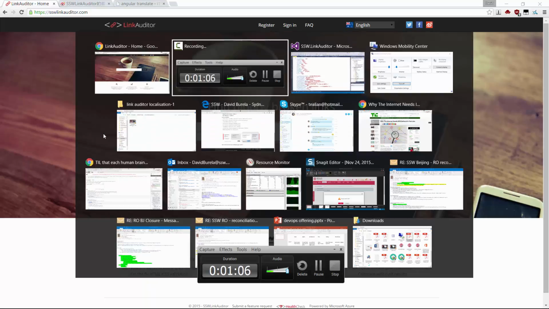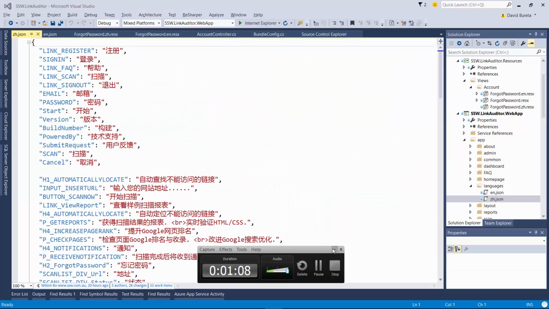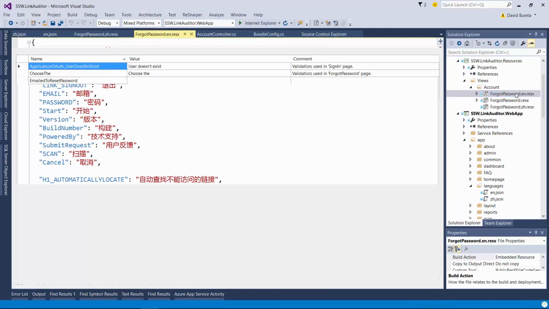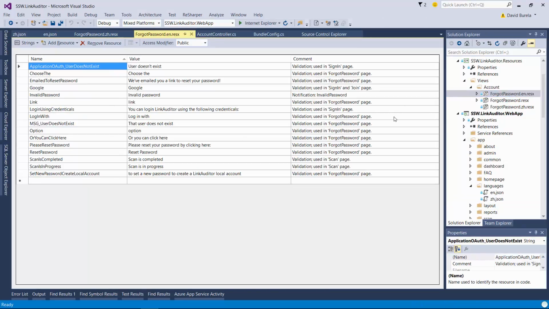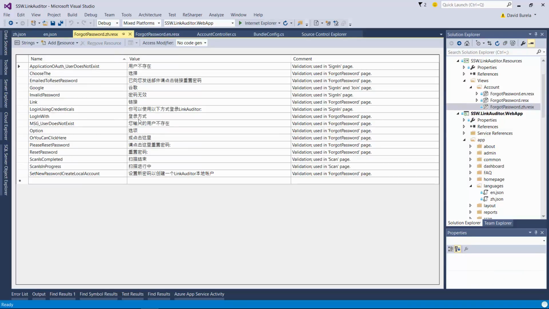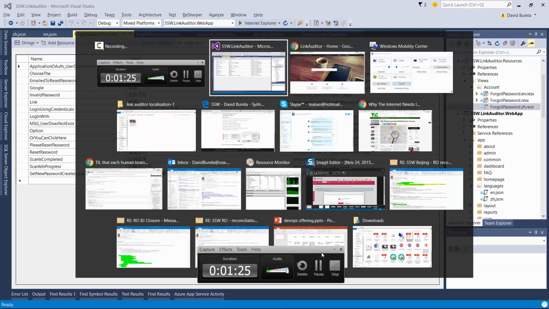If we go and look at Visual Studio, we can see that we've got resx files here with key values in English and key values in Chinese. The Web API, we just do a traditional internationalization key lookup and just pass back the correct key based on the culture that's been set. For the client side,